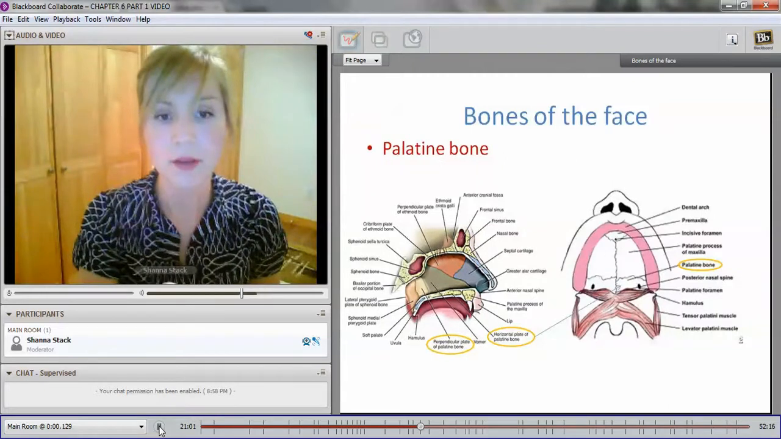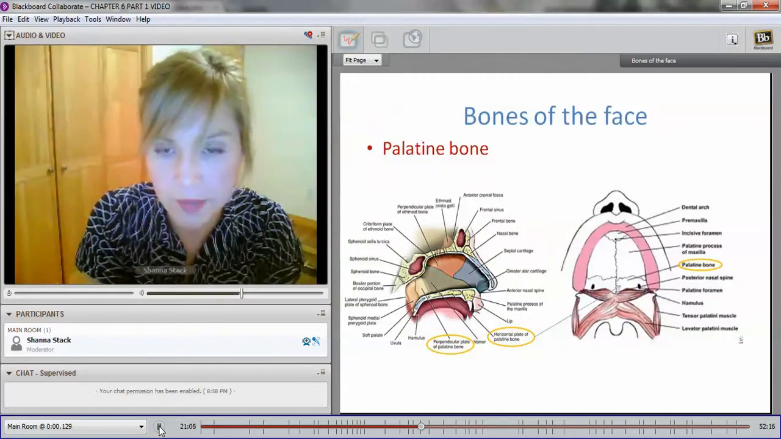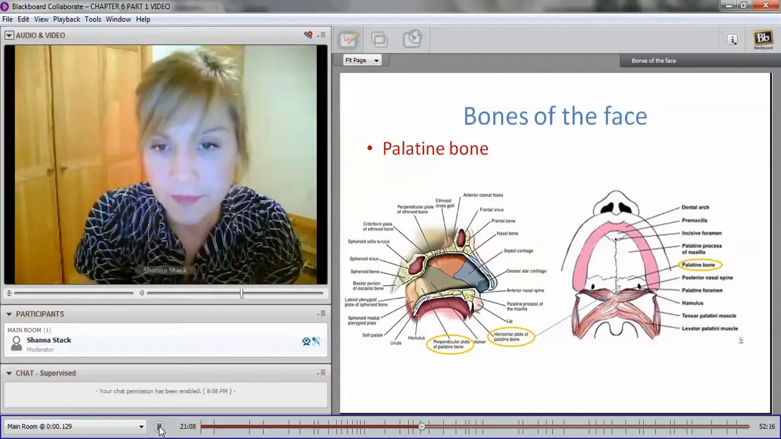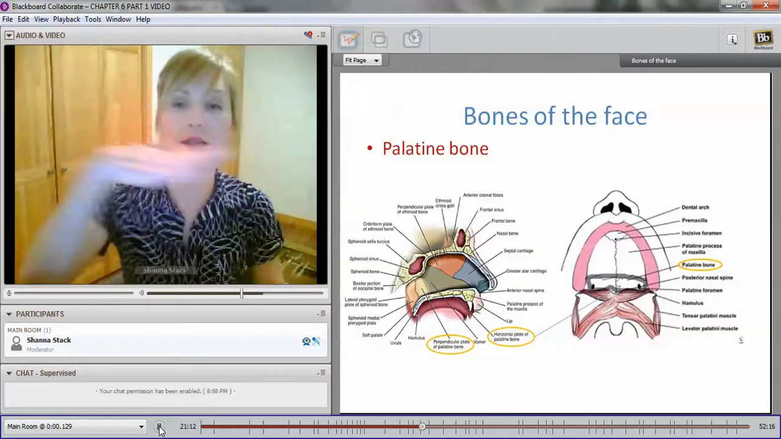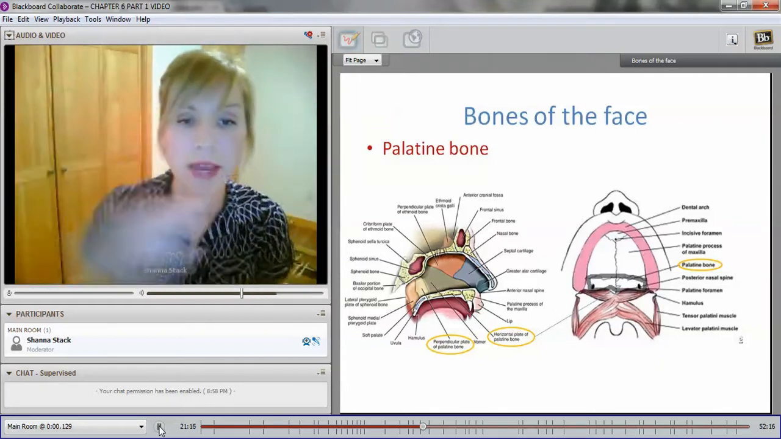Okay. The next one we're going to talk about is the palatine bone. Let's look at this picture on the right first because it's one we've seen already. This is the horizontal side of the palatine bone, and just think of it, it's on the horizon, right? So that's the flat part of the palatine bone. And then you have a perpendicular